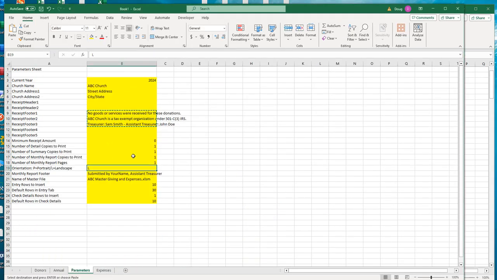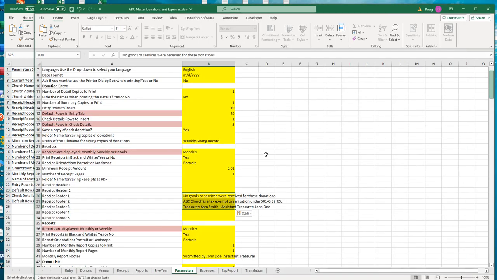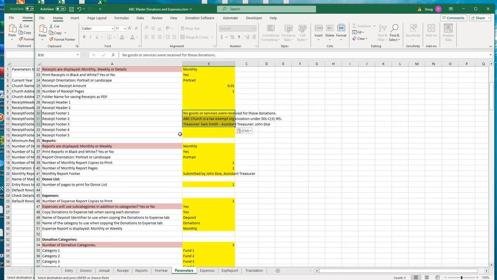Go ahead and take a look at your orientation for your various reports or receipts, the number of rows that you want in the entry tab, the default rows, the default checks. Match those things up accordingly. Again, in the older version there were not a lot of parameters, so just make sure you match up these things correctly. And then we'll come back and we'll need to definitely do our